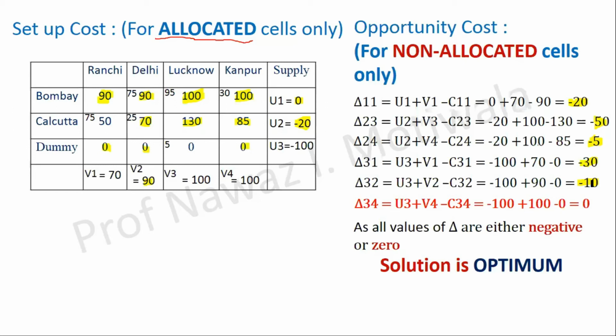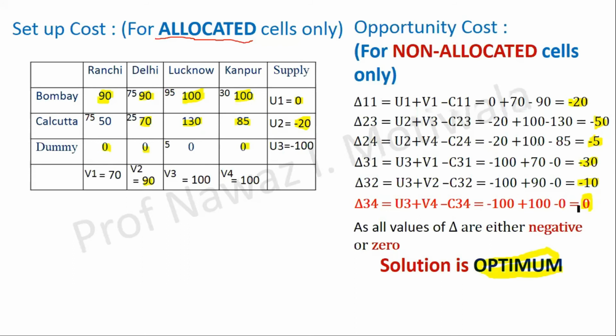Now, one thing new which I want to introduce here. Please pay attention. In previous problems also we have said that as the values of delta are either negative or 0, the solution is optimum. But there is something which is hidden. What is hidden here? If yes, the solution will be optimum. That's correct, right? All the values of delta either negative or 0, the solution is optimum. This is perfectly fine. But if